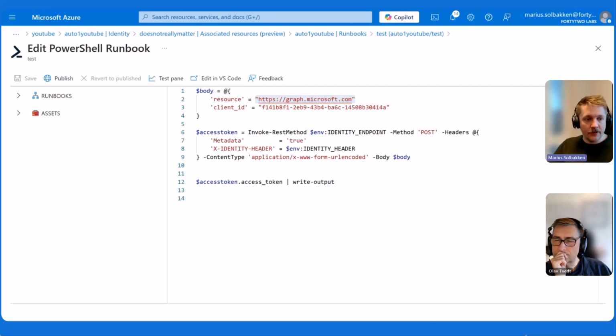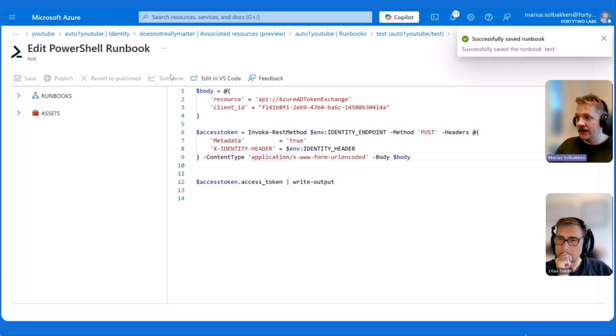So instead, what we actually need to do here now is that we need to get a token for this resource. Recognize it? Yes. You saw it on the federated credential. So what this will do now is that this access token that we will get using our user-assigned identity will actually be for this resource here. So let's just save and